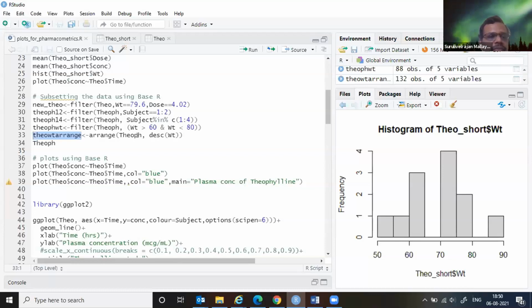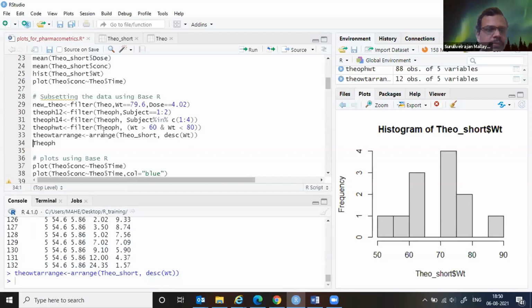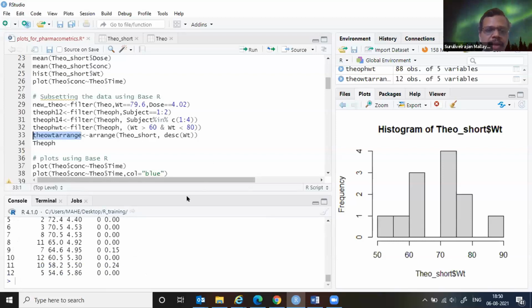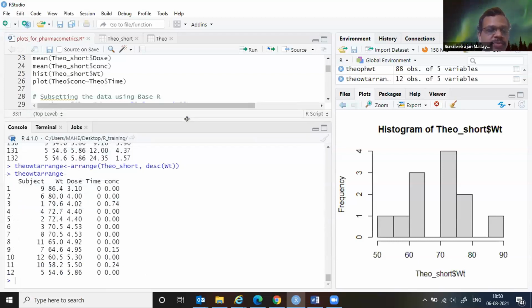If I have to do it a little more decently than what I originally imagined, my question in mind is I would just want to look at the body weight ranges from highest weight to lowest weight. The original data set is able to do that, but I can't get the picture. Within this window, I should see the body weights in descending order, but I'm able to say the lowest weight is 54, the highest weight is 86.